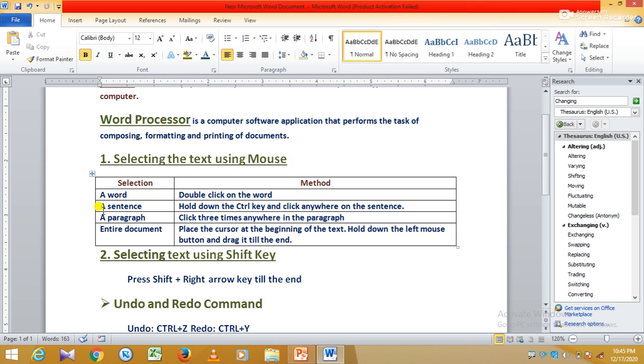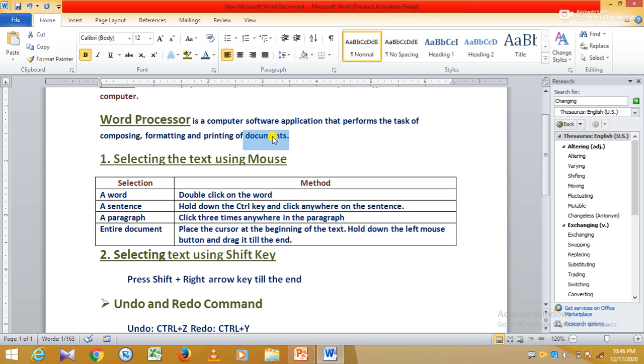Now press Control plus C for copy. First of all select the text. For this you have to first select the text, then press Control plus C from the keyboard.